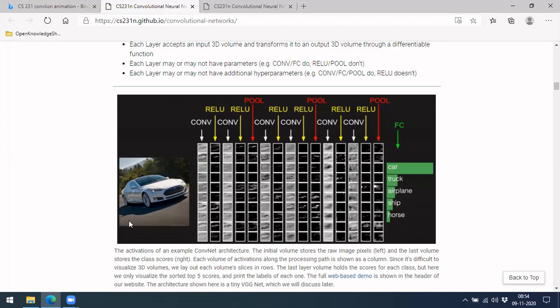Here they are passing an image of a car to a convolution layer, and you can see the visualization of how the image will look after each of your convolution layers. Like you can see it from here, right? Are you able to see, or should I zoom it a little?